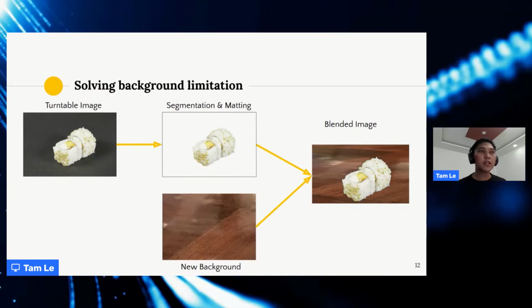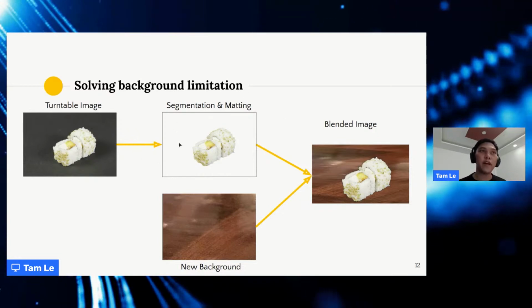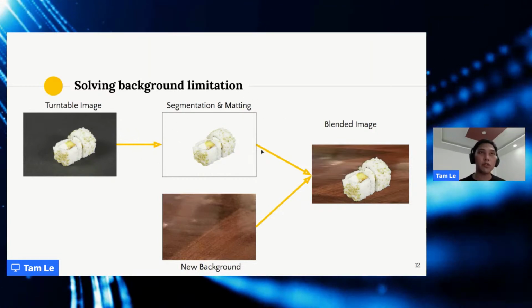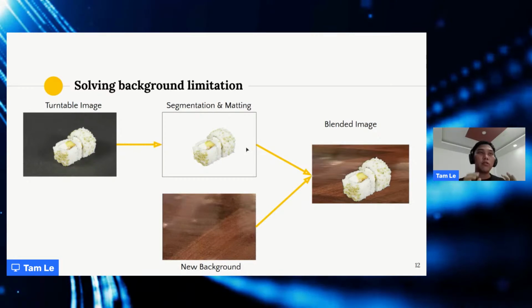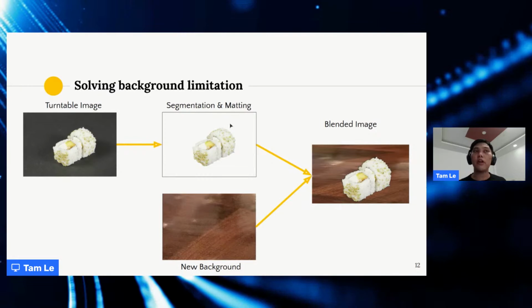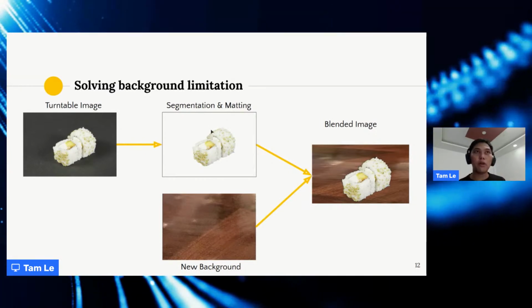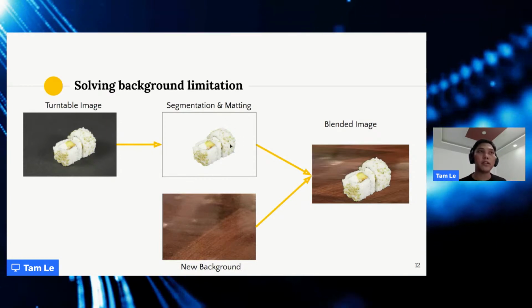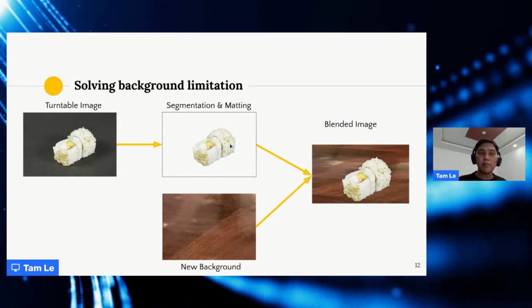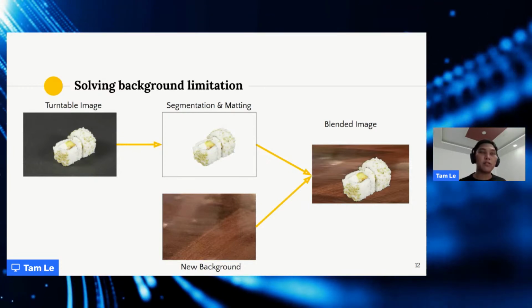As you can see, the main component of this solution is that we need to develop a segmentation and a mapping model. Here we have two models, but in this talk we only focus on the segmentation, because it plays a very important role in this component. Unless you have a very good segmentation mask, you won't have a good mapping result.